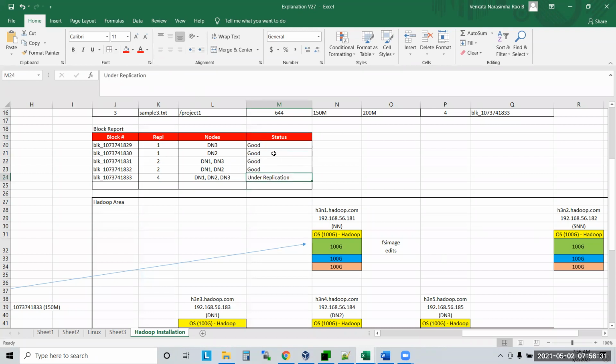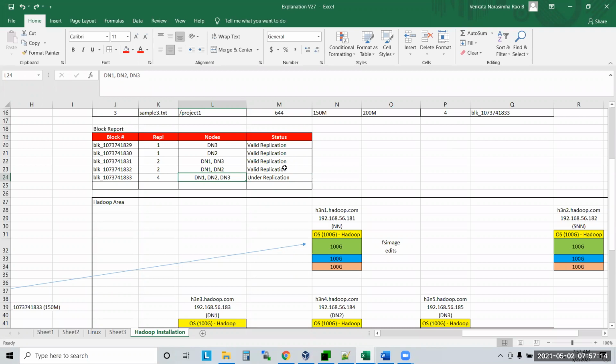So instead of good, this is a valid replication. Now it has the list of all blocks which are under replicated. Understood? Whenever a new data node is added, it will take all these blocks and create one copy there. In that case, the 4th copy will be created automatically. When the 4th copy is created, the 4th data node will also say, I have this block. Now this becomes a valid replication. Until you add the 4th data node, this is under replicated only.